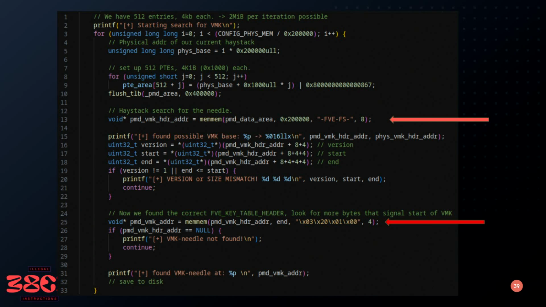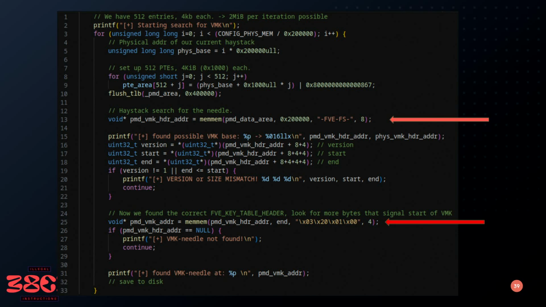Yeah, this is just one last step. This is the exploit code I adapted. It goes way on before and after that, which is not really interesting. The only interesting part here is these two mem compares, where I look at the memory in chunks and search for this needle,